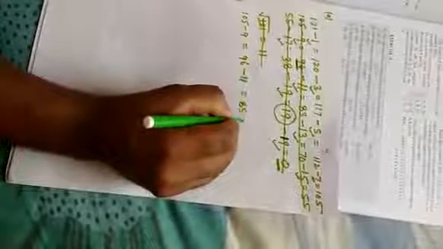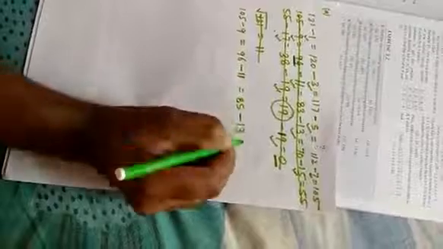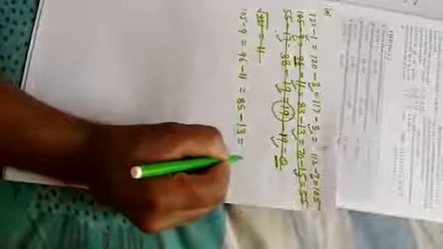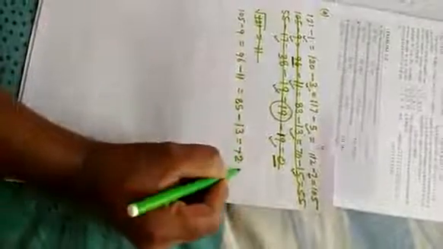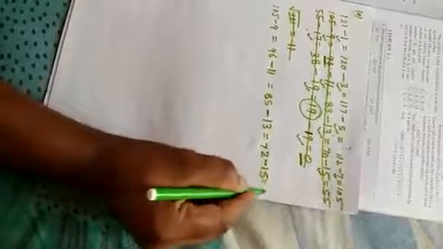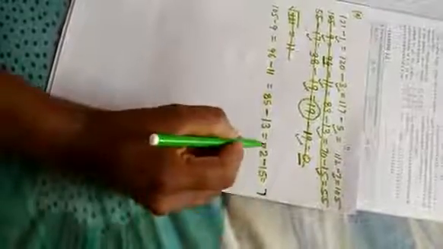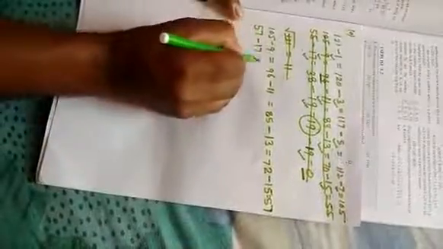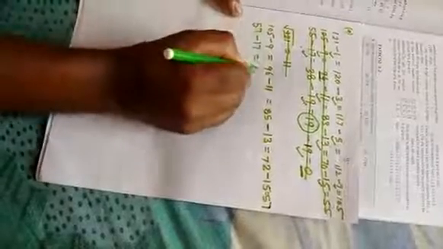So what will be left here? Now 85 will be left. Out of 85, when we subtract 13, what will be left here? 72. Out of 72, when we subtract 15, what will be left here? From 12, 5, 7 is here, and from 6, 1, it is 57. Now out of 57, what do we have to subtract? We have to subtract 17. It will come to 40 now.